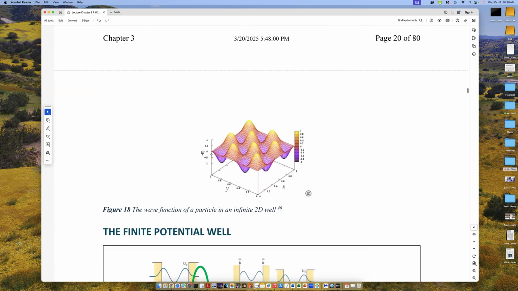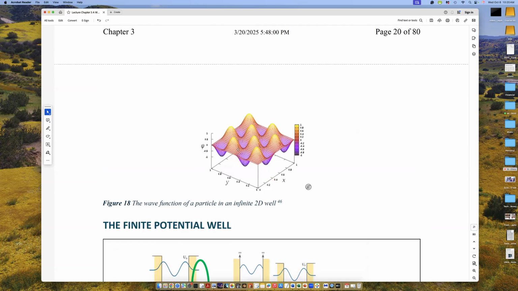Here's what the wave function looks like if we expand that box into 2 dimensions. It has this very interesting bumpy shape. This is the wave function. So if you square this, you get something that looks something like this. And it tells you where you would probably find the electron if you could probe this microscopic box and look around and see where do I most frequently see the electron. It's there or there or there or there, and with equal probability.